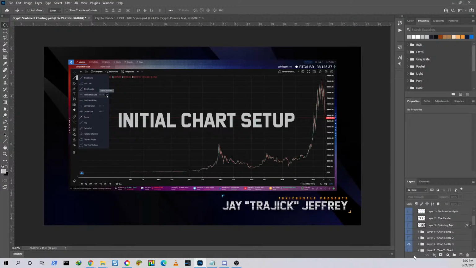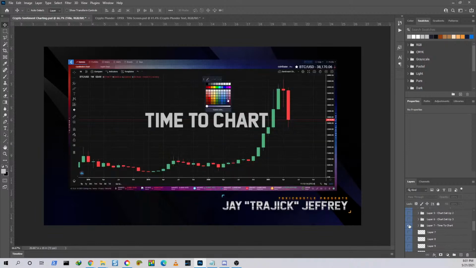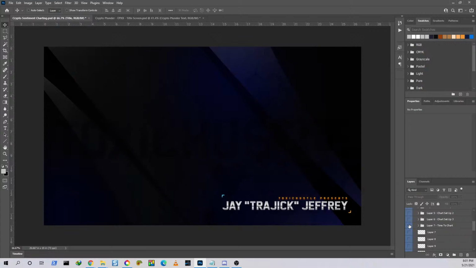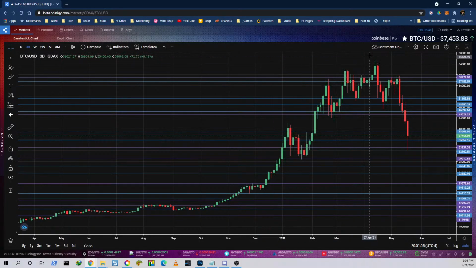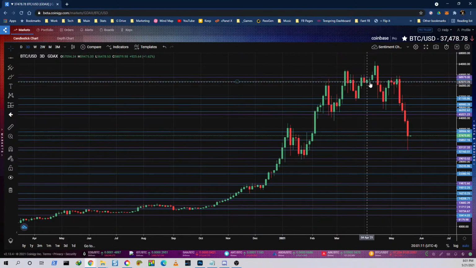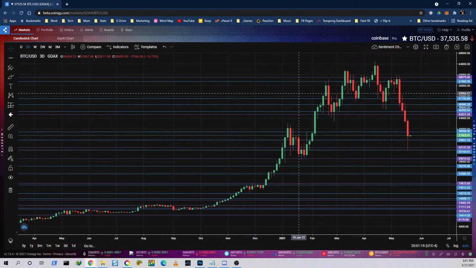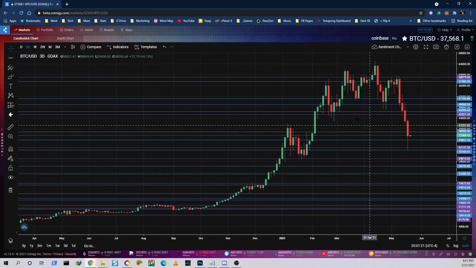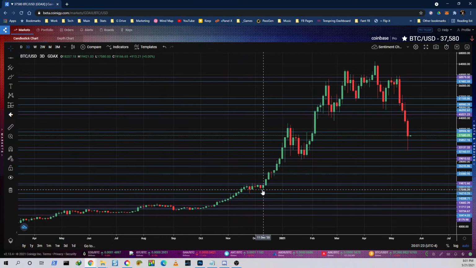Speaking of which, let me just make sure I'm not running all over the place. Oh, I already did the time to chart. Ha! All right, so that is an initialization to charting. I didn't want to make this crazy. Sentiment charting for me, this is my sentiment charting. When you see me trading my robots, I know, hey, am I at a top and this is a problem? Or, hey, wait a minute, no, it's down.